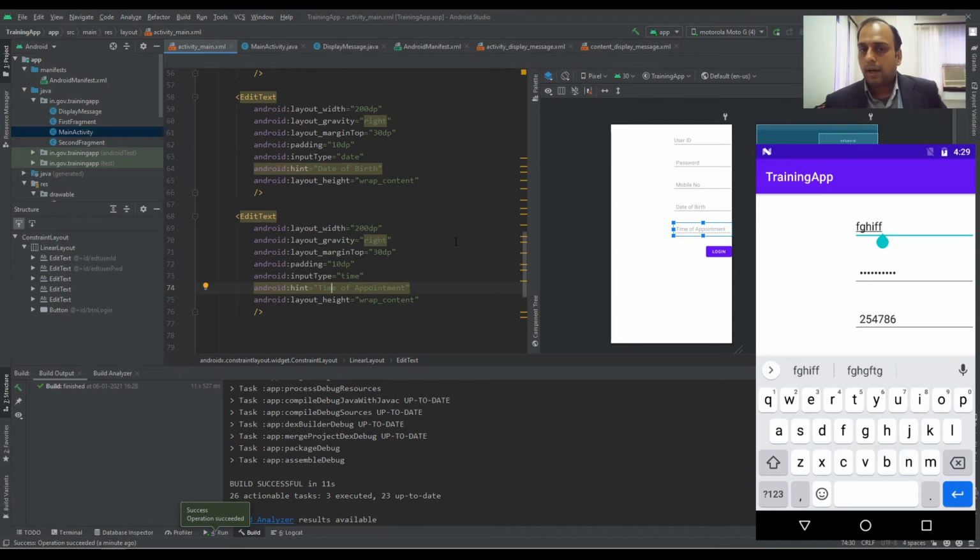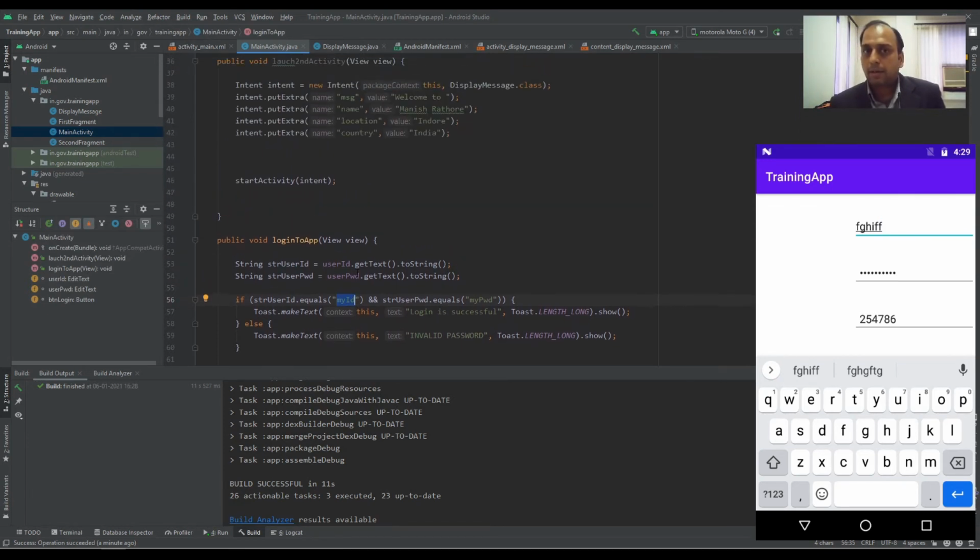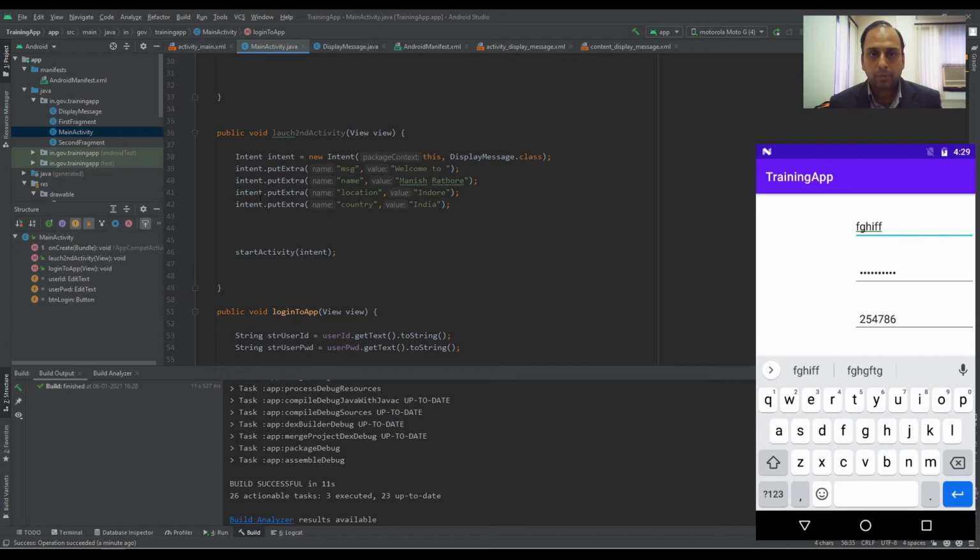Now let us add one more feature to it, that when the user login is correct, in that case it should launch that activity, our display message activity, and there we will use a picture, an image. Okay, a welcome image.